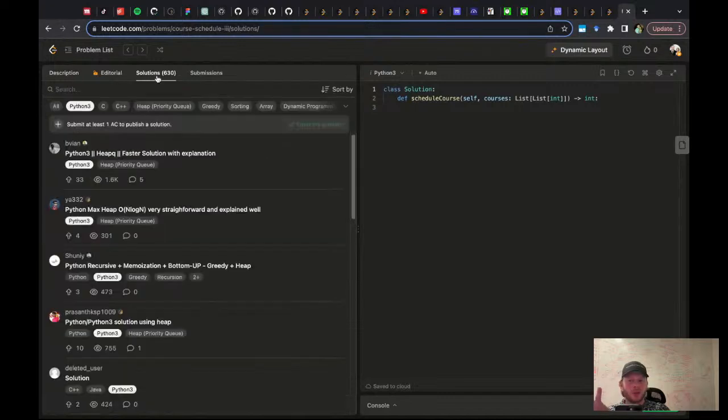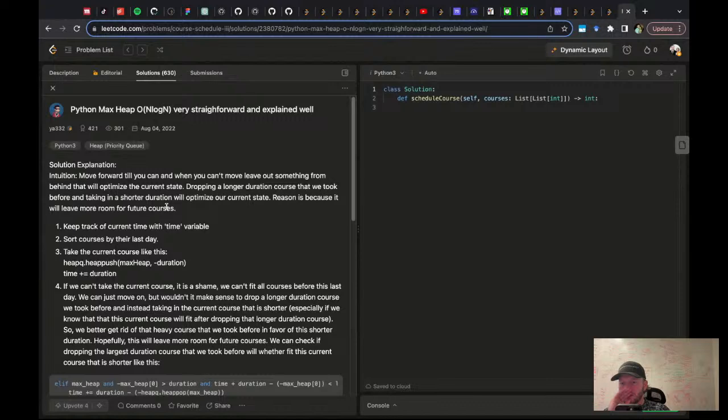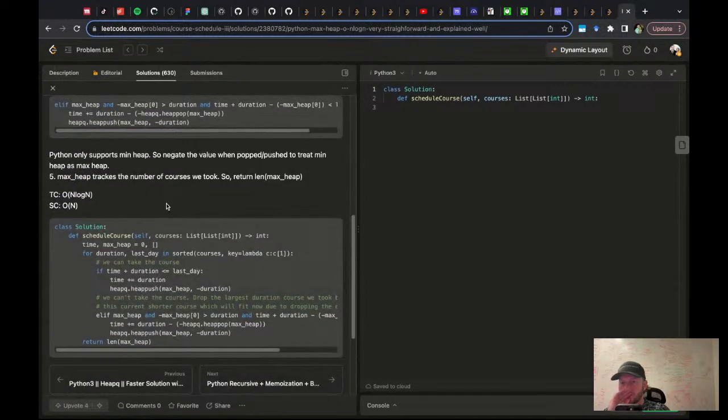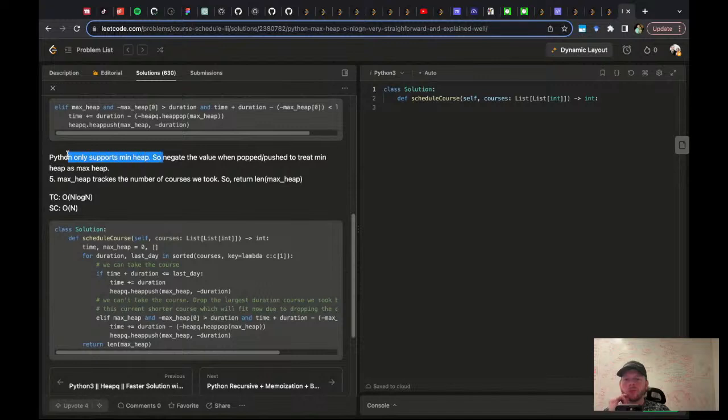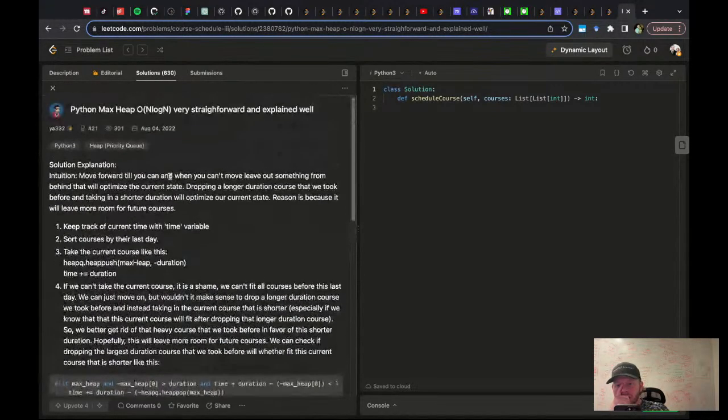Is that the only solution? Python only supports the min heap, so negate the value when you push and pop to treat it as a max heap. Move forward till you can, and when you can't move, leave out something from behind that will optimize the current state.